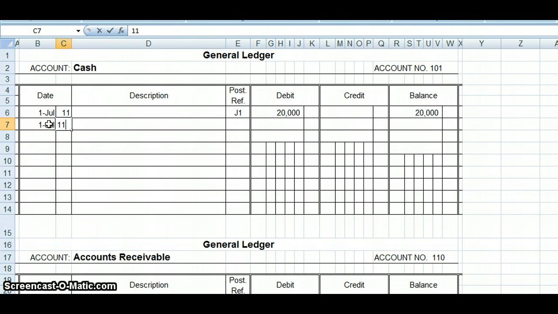And our posting reference, still J1, still on that page. And we receive cash. So we received $250. It's a debit. So we're going to increase our cash account by $250. So our new balance of cash will be $20,250. This number plus this number going to come over here and equal $20,250. So let's go back and put in our 101